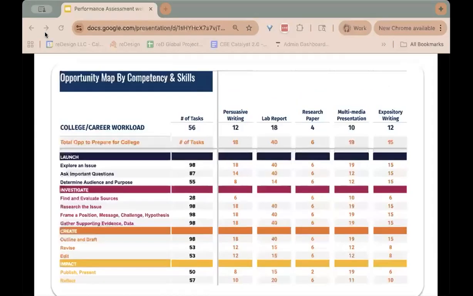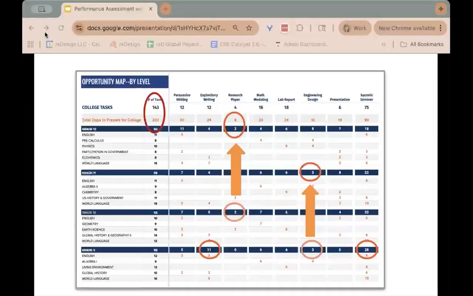And then organizing and coordinating the tasks so that this left-hand column, number of tasks, shows relative parity between different disciplines.